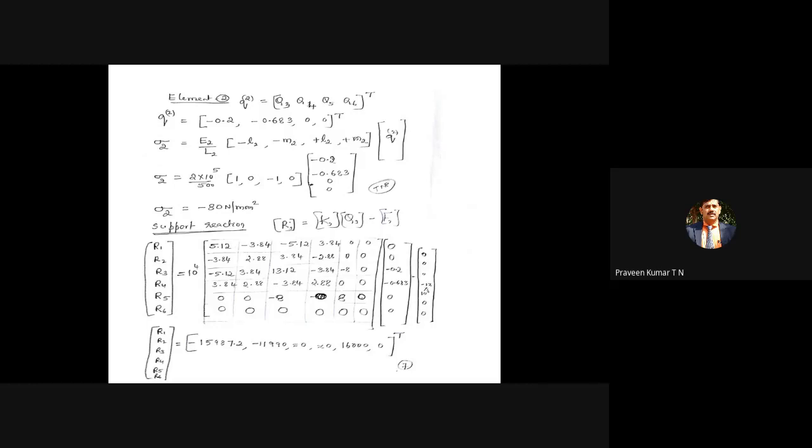Then you have to find out the reaction force. In the case of bars, in the case of trusses, you have to consider the global stiffness matrices for finding out the reaction. I am talking about R, G. G refers to global. Reaction force is equal to global stiffness matrix into global displacement vector. That we already have: 0, 0 is for Q1 and Q2, and Q3, Q4, and this is 0, 0, minus the force vector. This is the force vector. Finally, we can get the reaction.